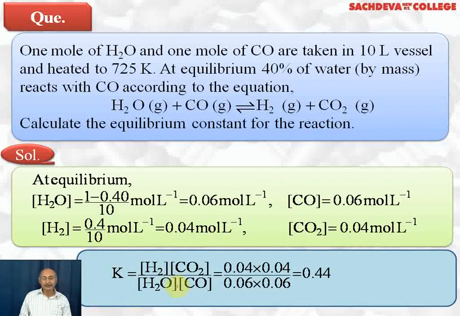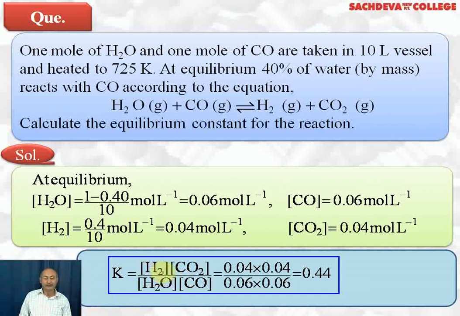Now we write the expression for the equilibrium constant. This is equal to the molar concentration of hydrogen gas into the molar concentration of CO2 gas divided by the molar concentration of water gas multiplied by the molar concentration of carbon monoxide. 0.04 into 0.04 divided by 0.06 into 0.06, the answer comes out to be 0.44. This also will not have any unit because the number of moles of gaseous reactants are equal to the number of moles